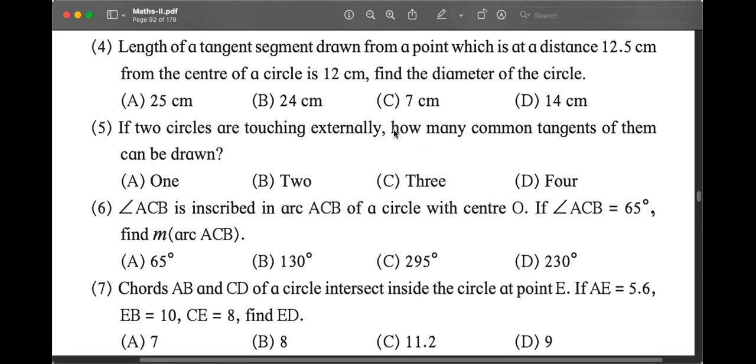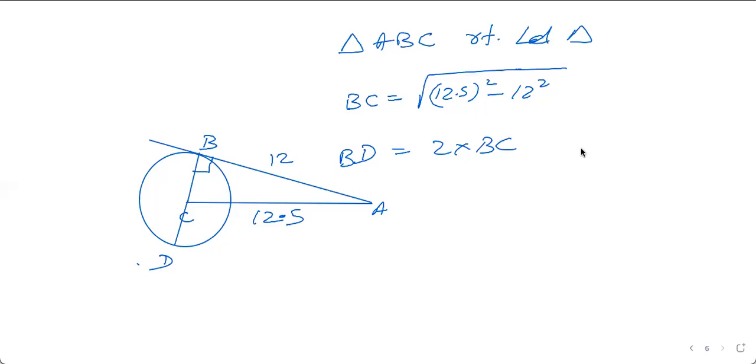Correct. The length of the tangent segment is 12.5. So how will this look? When we draw this, we may go a step nearer to solving it. When we draw the diagram, we see that the distance between the center and the point is 12.5. The length of the tangent segment AB is 12. Because it is a tangent, if we draw a radius BC, then it will be perpendicular. We have a right angle triangle. We can use Pythagoras theorem to find the radius. And when we double it, we will be able to find the diameter. So it will need some calculations.